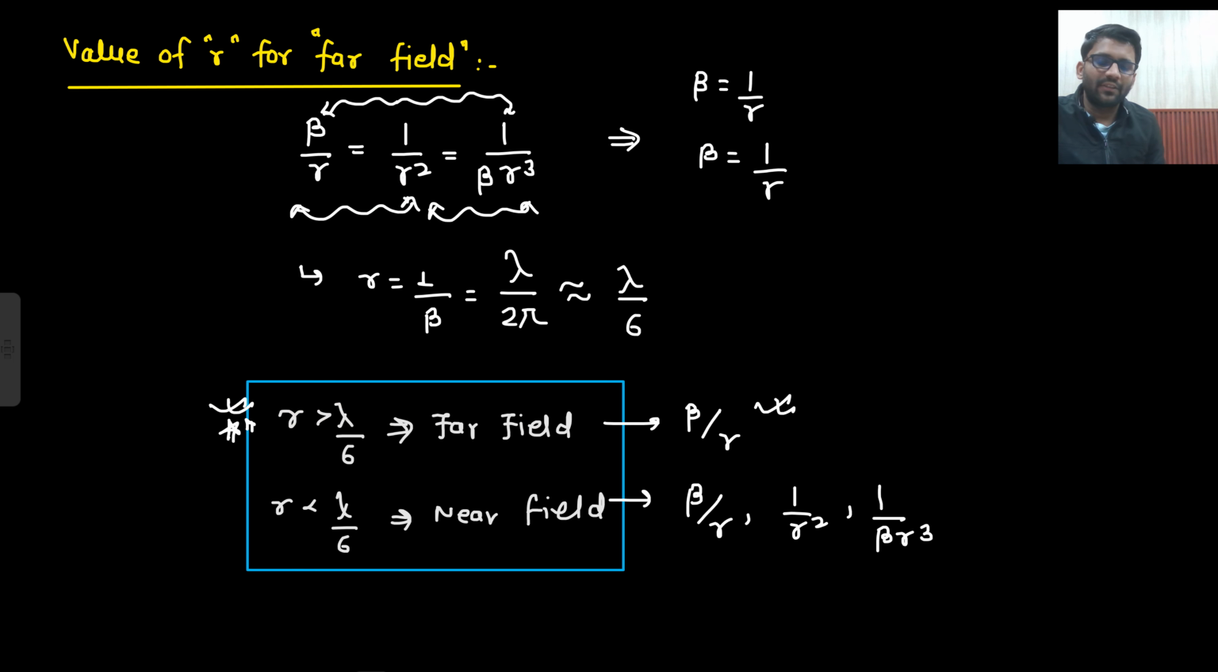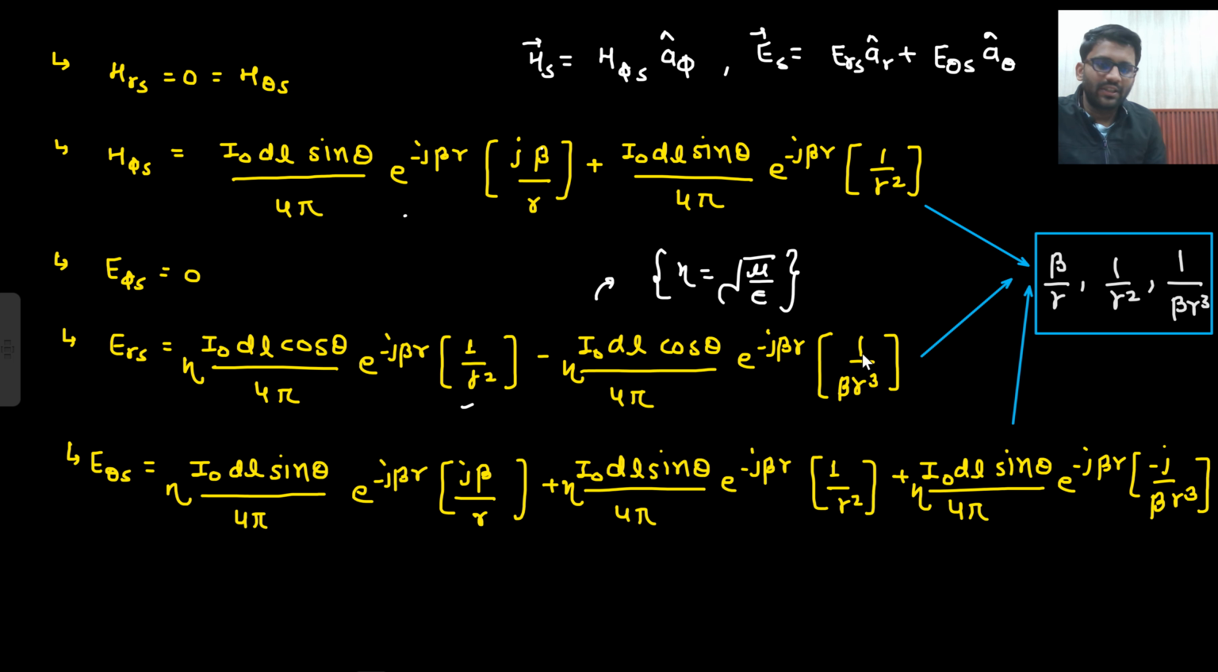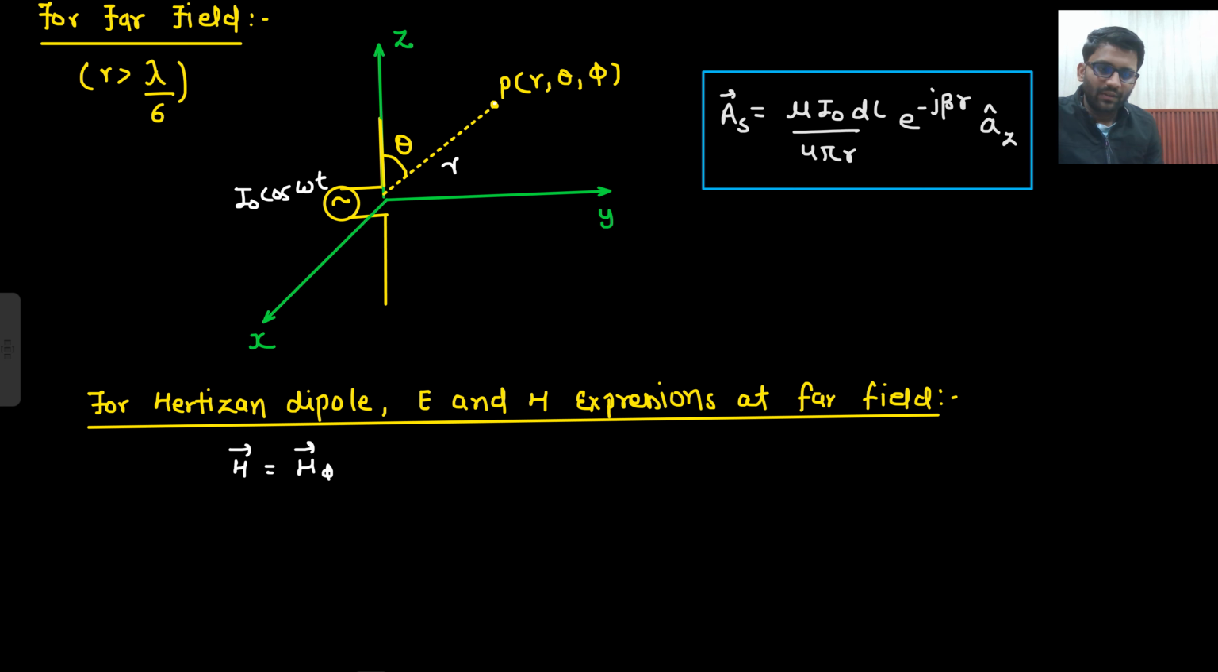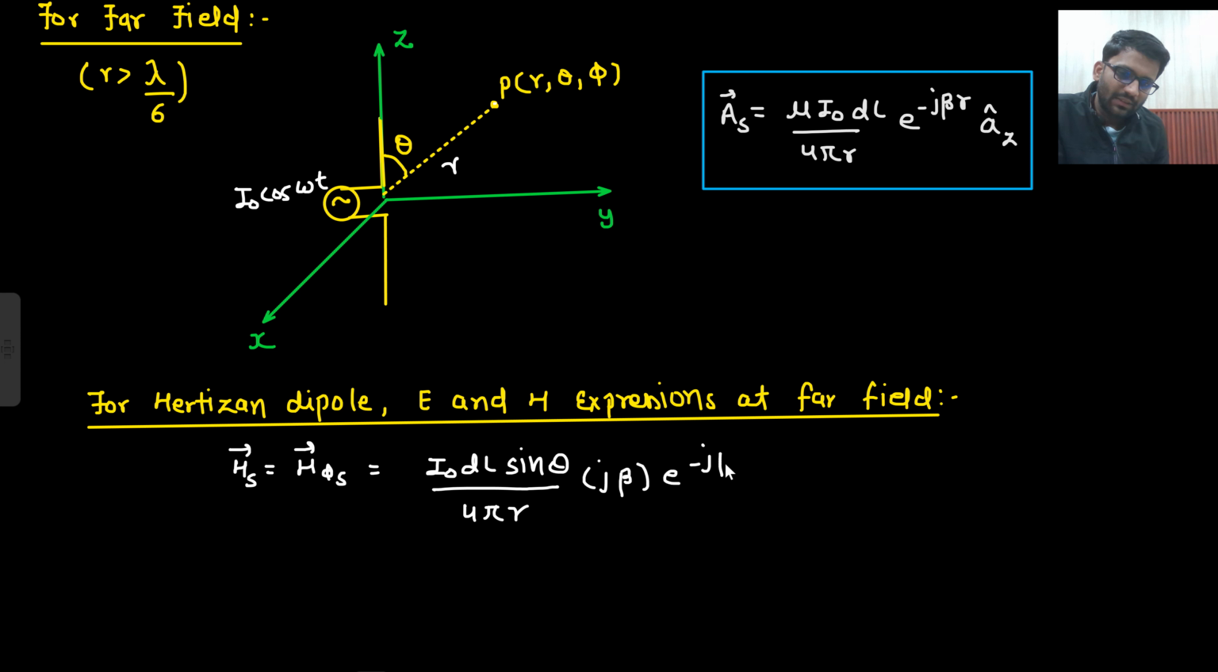And here we are writing the phasor form only, because there is no time term. So if I write down the phasor form, H of s, that means H phi s. So now you need to remember this expression. So this is how I remember it: I dl sine theta. This is the complete line I remember. Again and again if you say it, you will be able to remember it. I dl sine theta upon 4 pi r, then j beta, e to the power minus j beta r, a phi